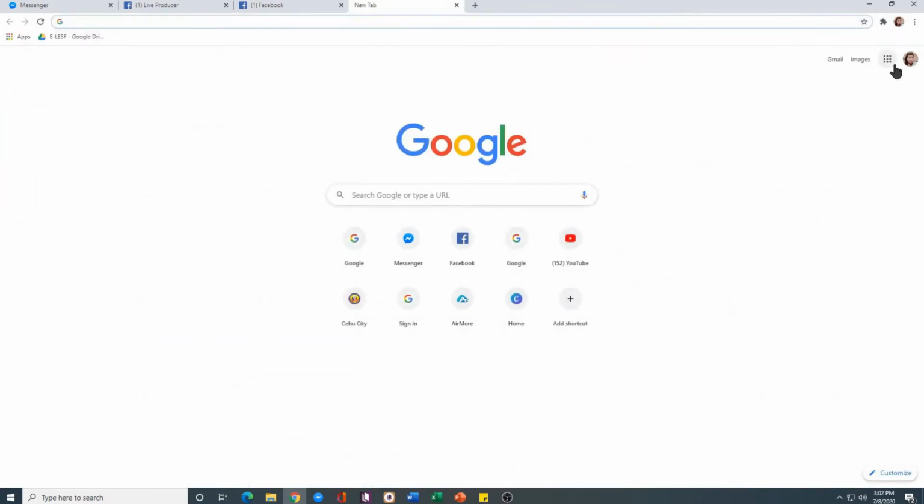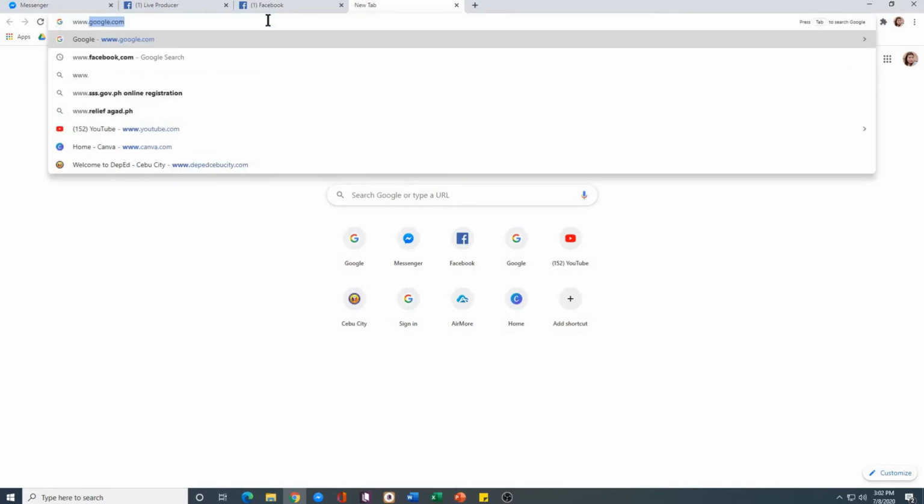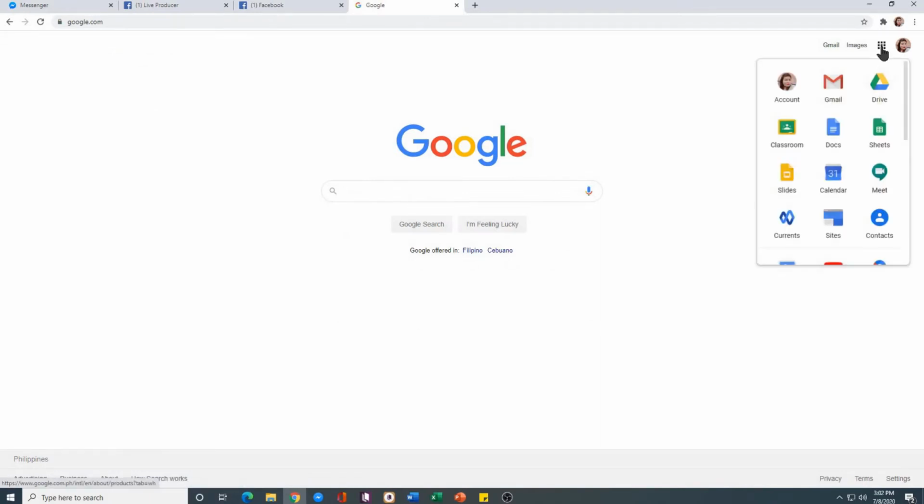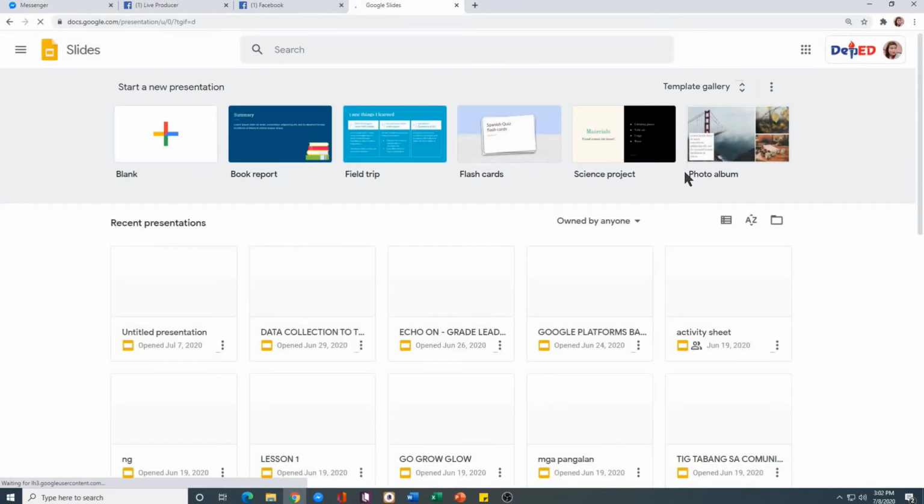However, you can also open Google Slides. Once again, you need to access the Google site, which is www.google.com, and then click on the Google Platforms icon, and you'll just need to look for the Google Slides icon, which is here. Basically, you can determine that it is in fact Google Slides because it has the word Slides down below its icon. Now, once you have located the icon, just click on it and automatically it will link you to the Slides